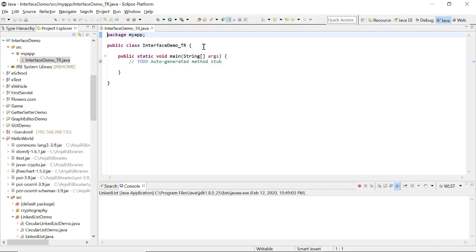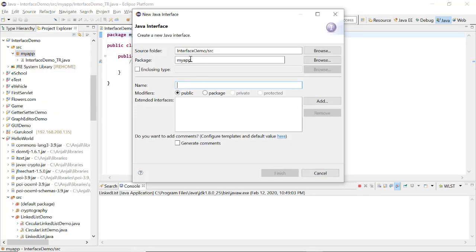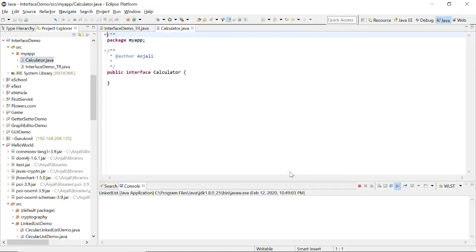Now inside this package, I'll create one interface. So creating an interface, I'm going to give the name Calculator. And the modifier is public type, extended interface. We don't have anything right now, so we'll do it later. In closing type, there's nothing as such. Now let's finish it. To make a simple calculator interface, I need to have addition,